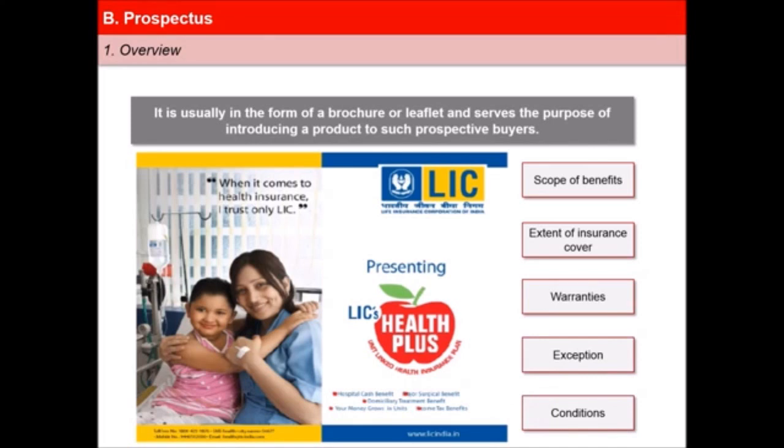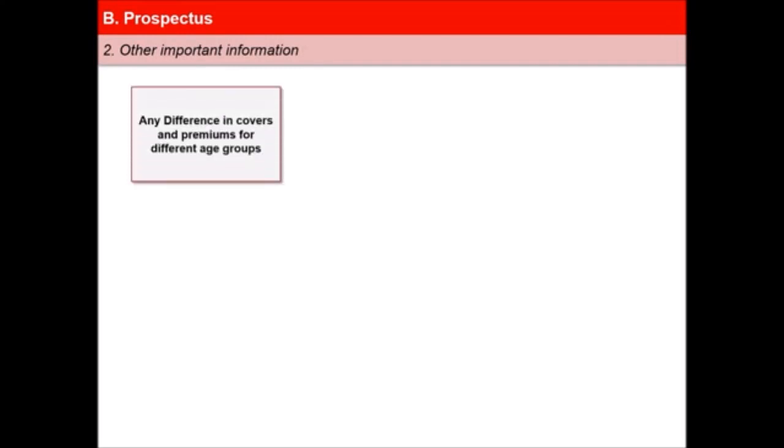The allowable riders on the product should also be clearly stated with regard to their scope of benefits. Also, the premium related to all the riders put together should not exceed 30% of the premium of the main product. Other important information which a prospectus should disclose include any differences in covers and premium for different age groups